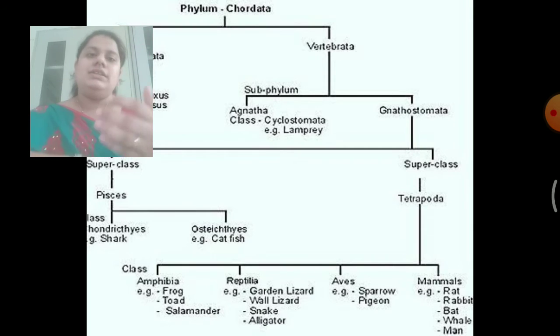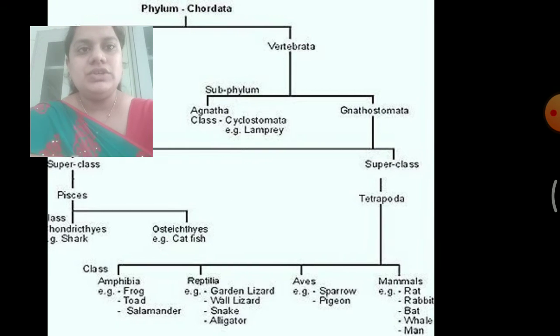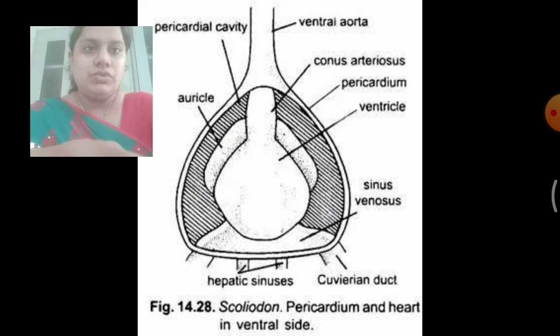As a course of evolution, different evolutionary changes are seen in the formation of different organs. In the circulatory system, when we talk about humans, we have a four-chambered heart. But in the primitive forms, that means the fishes, they have a two-chambered heart. Usually they have four parts: the sinus venosus, atrium, ventricle and conus arteriosus. But here the auricle and ventricle are treated as the true chambers of the heart.